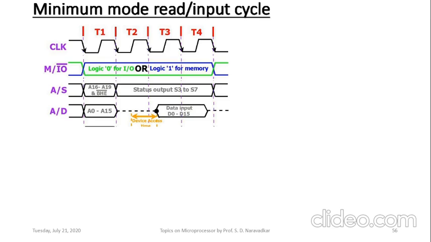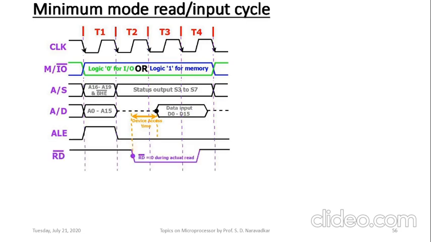Now the next is the ALE signal, which is the address latch enable signal, which is present in the form of a positive going pulse during T1 state, and thereafter T2, T3, T4, that will be logic 0 as shown here. This ALE pulse will be used for demultiplexing of above shown address data and address status signals.